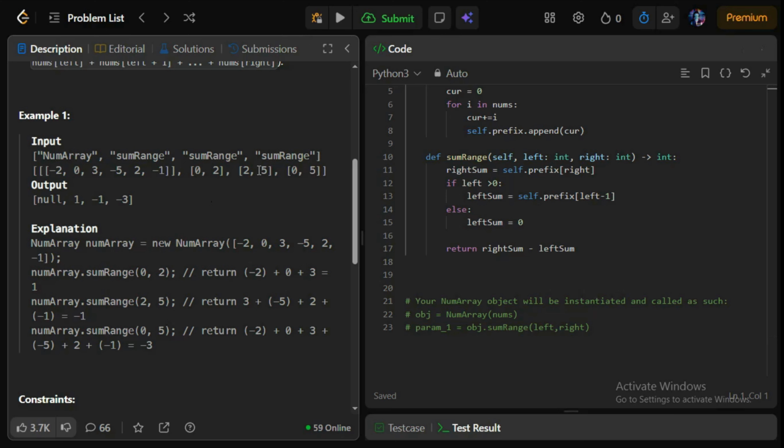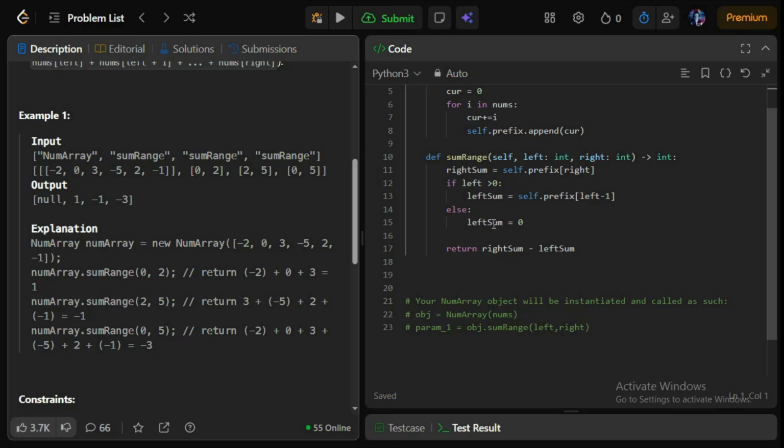So if you take the range 2 to 5, 5 becomes my right and 2 becomes my left. In right sum I have -3, because at the 5th index we have -3. My left is greater than 0, so in left sum I put the value at left - 1, which is the first index, and we know at the first index we have -2. In the end we return right sum minus left sum, which is -3 minus -2, and we get the value